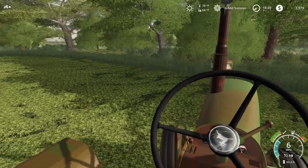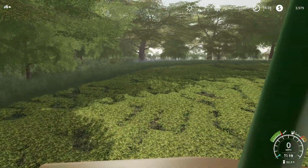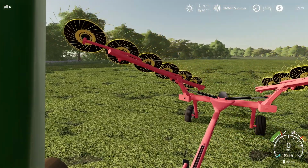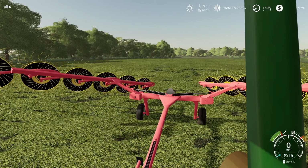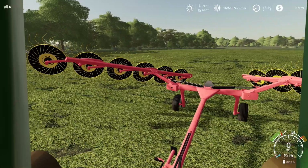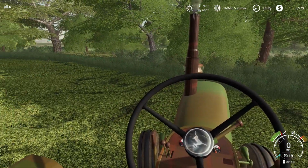I think we'll probably start over here in this corner. I'm going to go ahead and get the rake unfolded here. Hopefully this works all right. I know it worked pretty good for Dad when he raked his hay there on the Krieger place. Hope that I've got it adjusted correctly. Alright, so